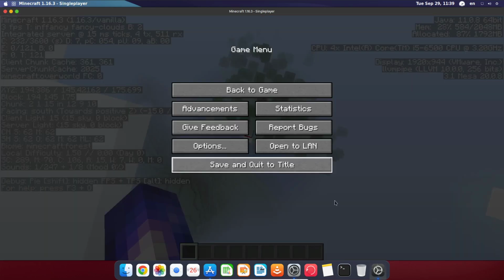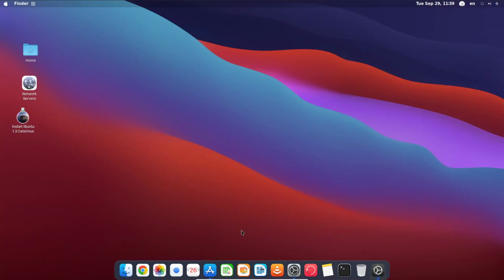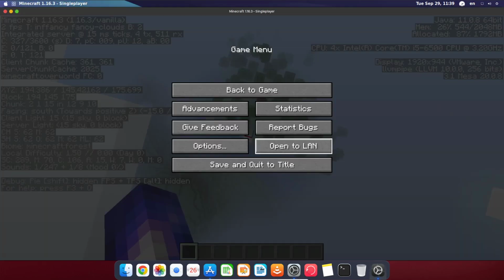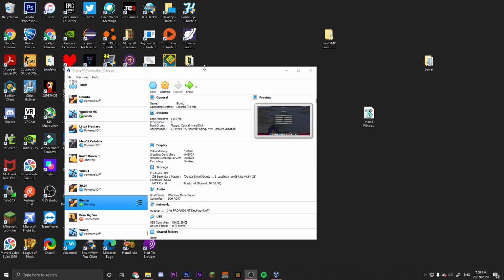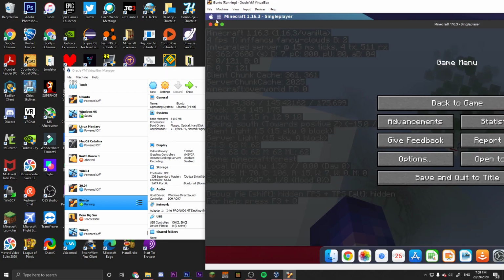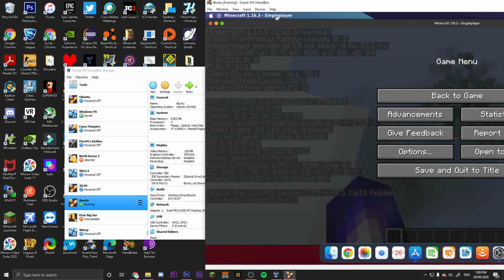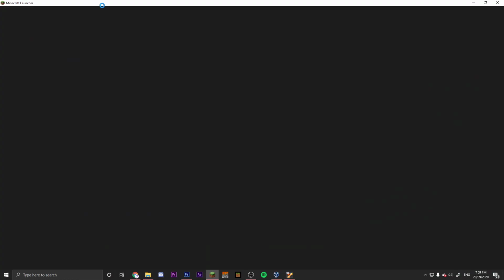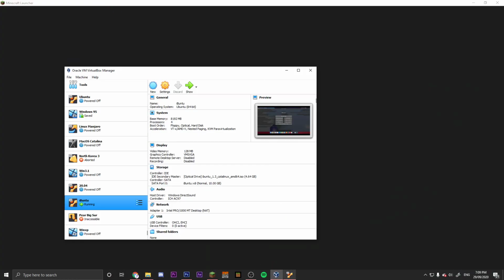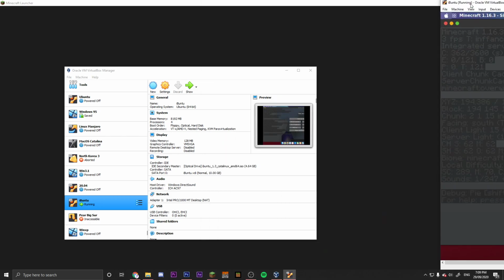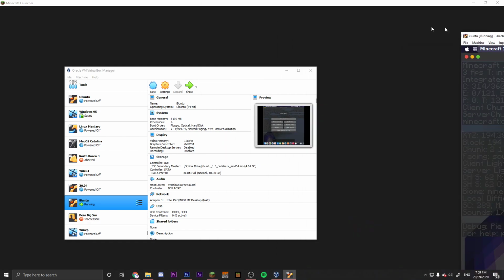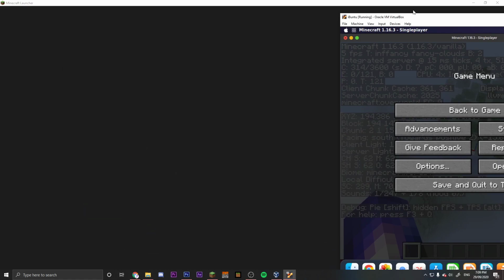Can I open a LAN server? Hold on. I'm just seeing if, oops, I left the program. What I want to do is I want to press right control. I want to close that. I'm going to put the VM on this side, and I'm going to put Windows 10 on here. I want to see if a LAN server will work with this VM. I mean, sometimes it does, but other times it doesn't for me, so I want to test this out, just so we can hit 20 minutes on the video. So yeah,